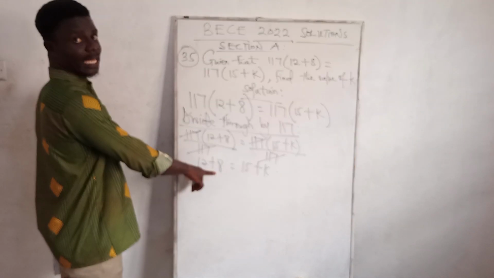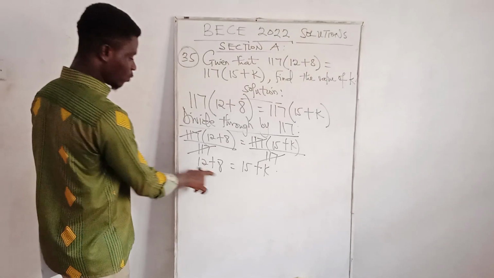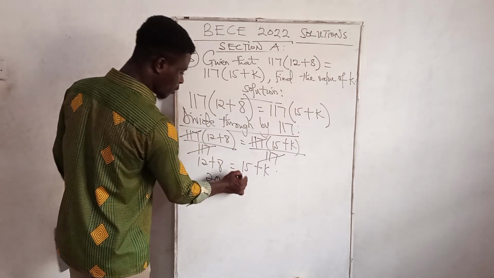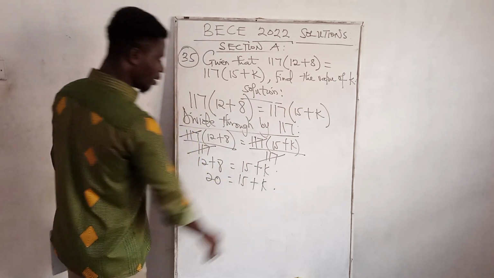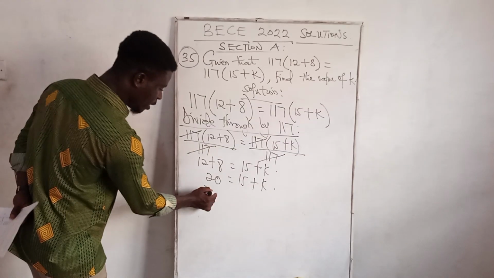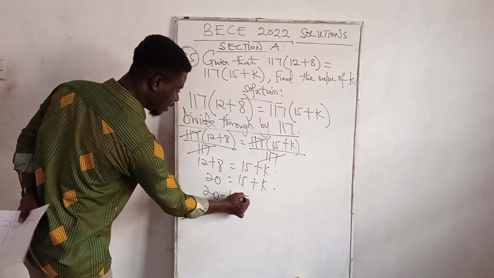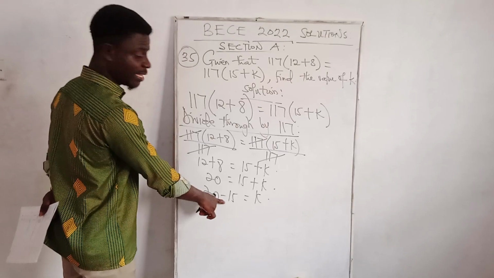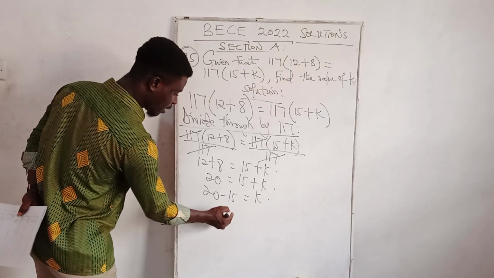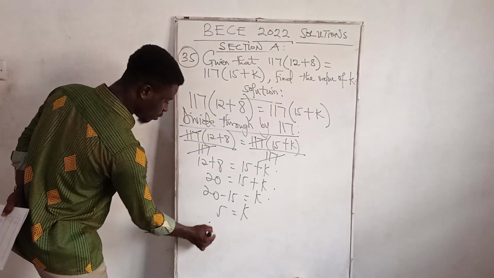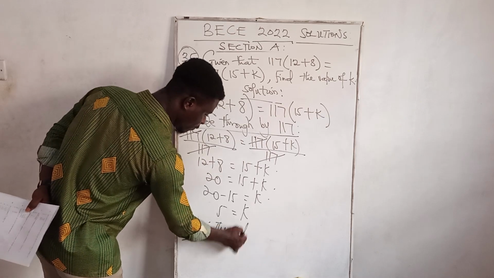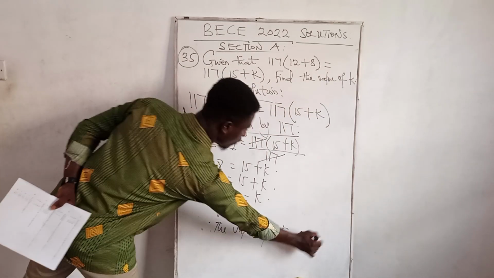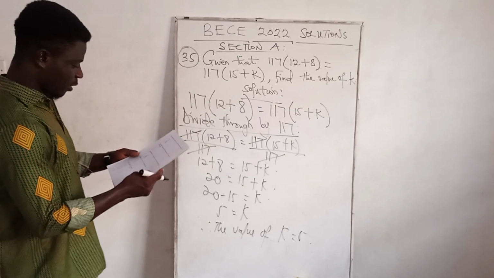12 plus 8, I can add because they are like terms. 12 plus 8 gives 20, which equals 15 plus k. Okay. Group like terms. 20 minus 15 equals k. 15 crosses, it becomes negative. 20 minus 15, we get 5 equals k. So therefore, the value of k equals 5, which is option